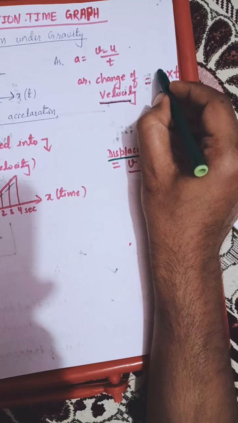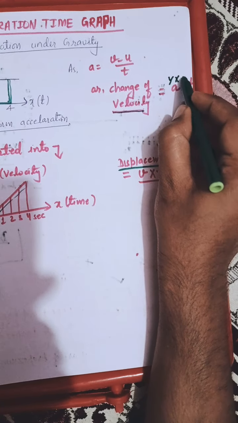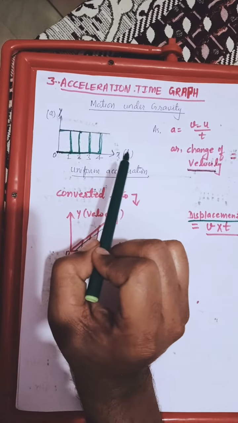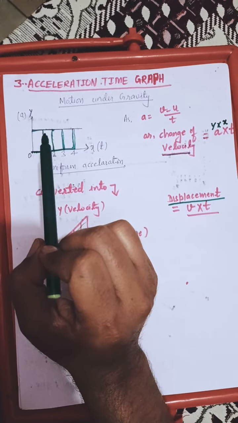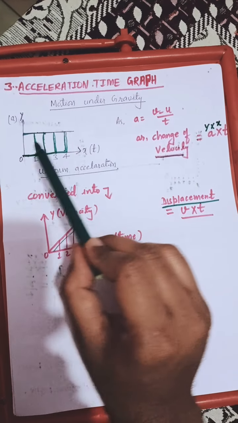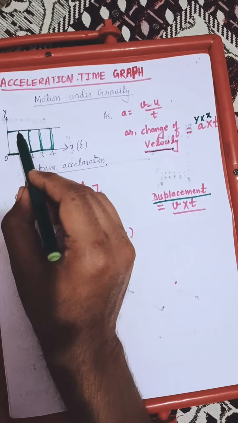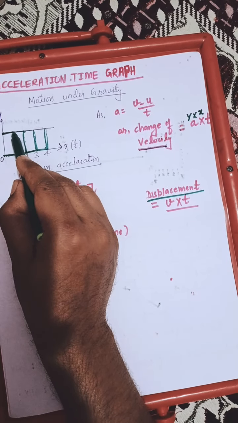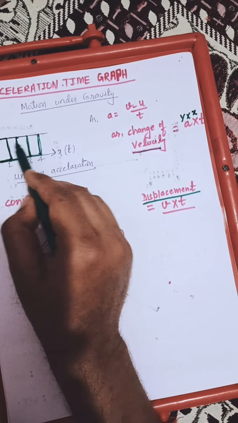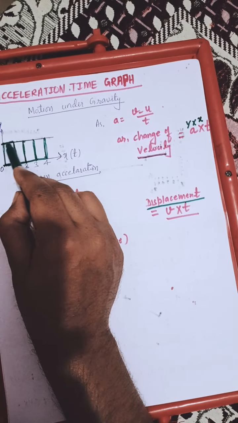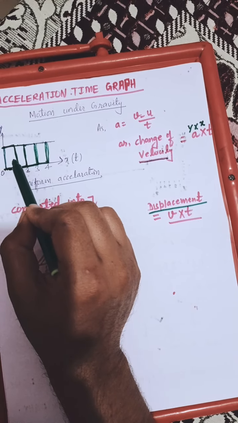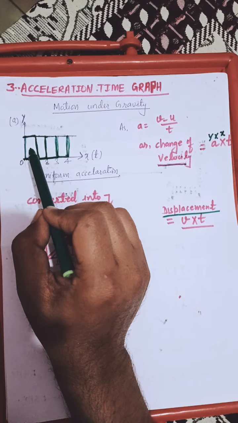So again, acceleration is on the y-axis and time is on the x-axis. When these two coordinates, a and t, are multiplied, we get a result of velocity. Now how are we going to do the multiplication here? The multiplication is done by finding out the area. Suppose this is the graph you are observing. Now we will find out the area of the first rectangle, second rectangle, third rectangle, and the fourth rectangle. These four different rectangles will give us